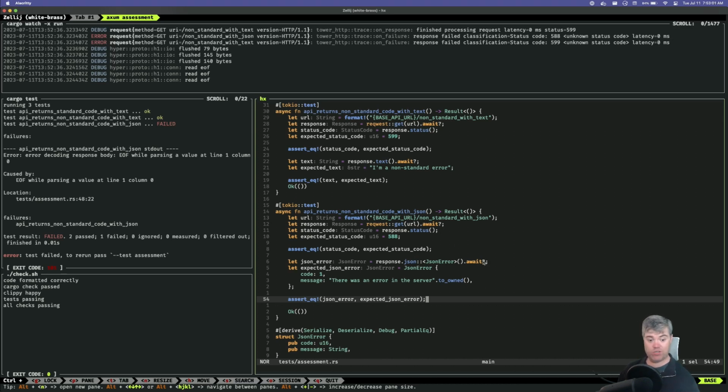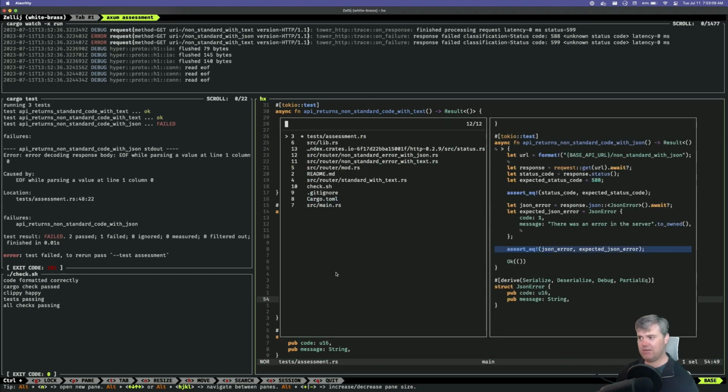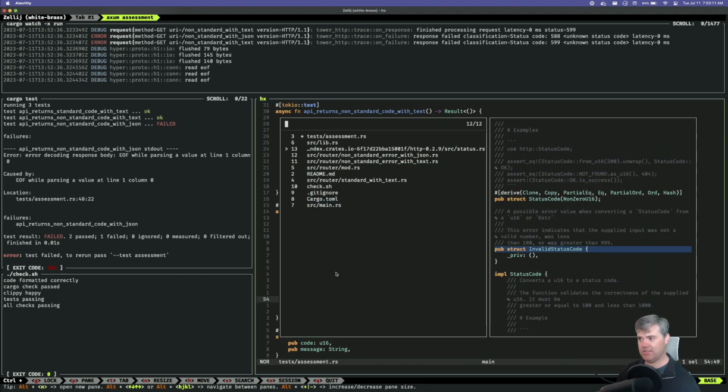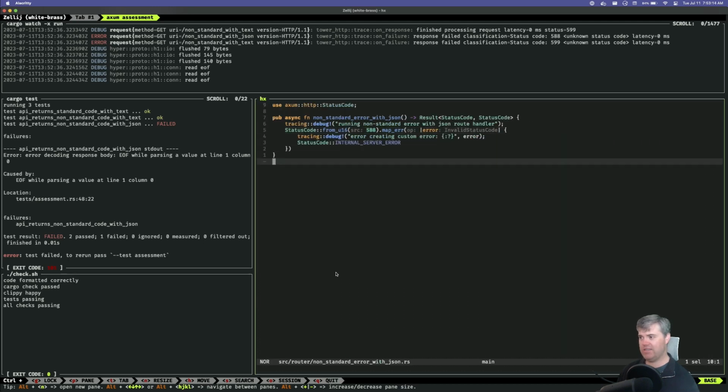So we need to now return some kind of JSON for this. I can do that exactly like there, but I don't know if I want to do that. I think I want to create an error. Ooh, I probably want to do this, if I want to show off and you can see how you can do this.